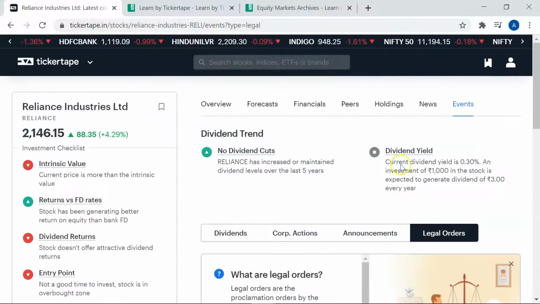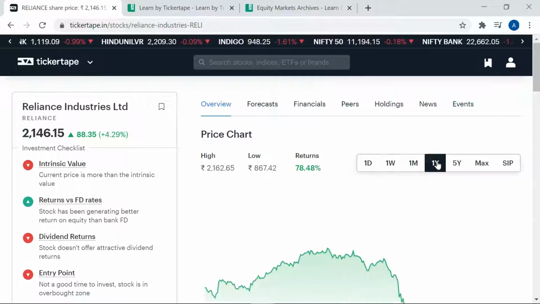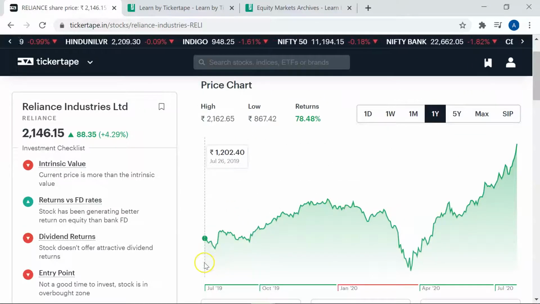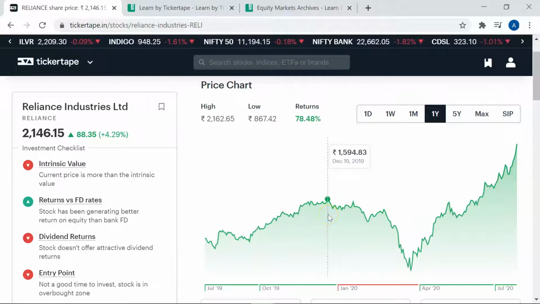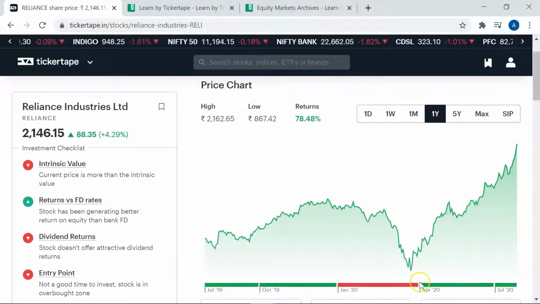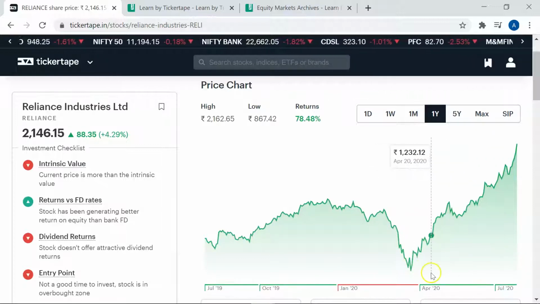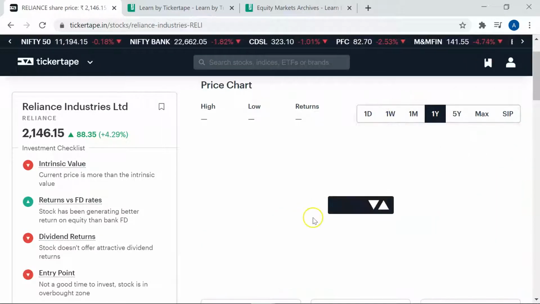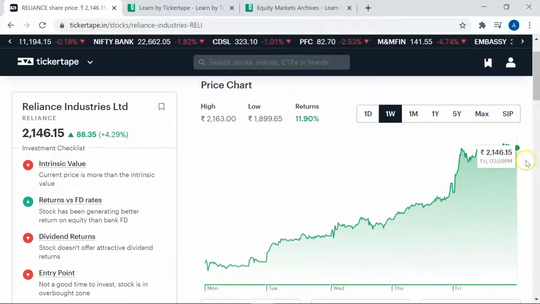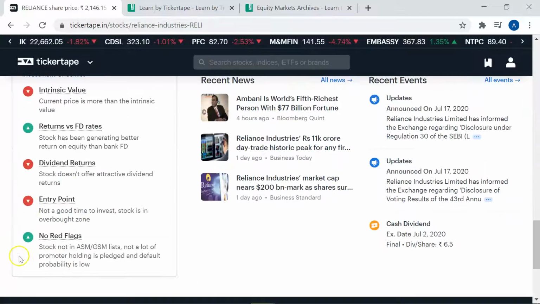So as you can see the price trend, if you go to the overview, if you go to the 1 year, so even 1 year back the price is only 1200. It slowly increased in January 2020 to 1600. It fell down to 800 in the lockdown, and again if you see there is a steep increase, so it might fall down. It might see some price correction after a few months, so it's better to wait now. Like that, it gives some suggestions also.